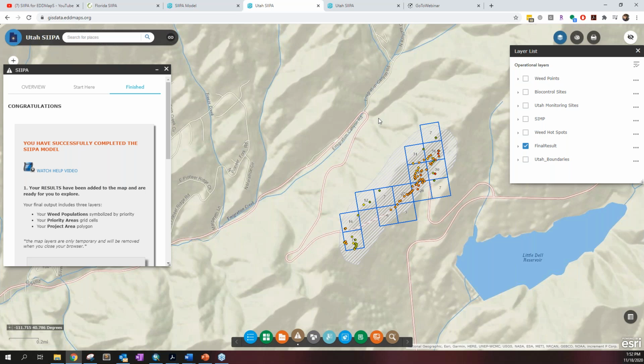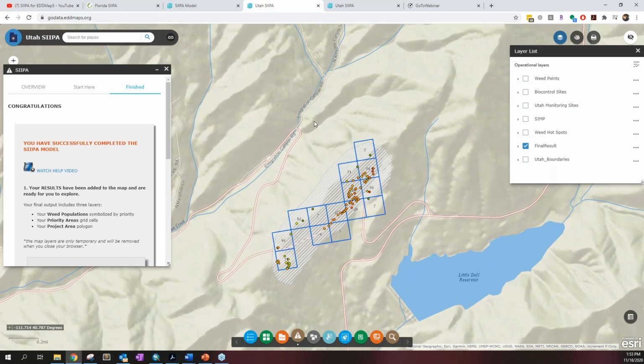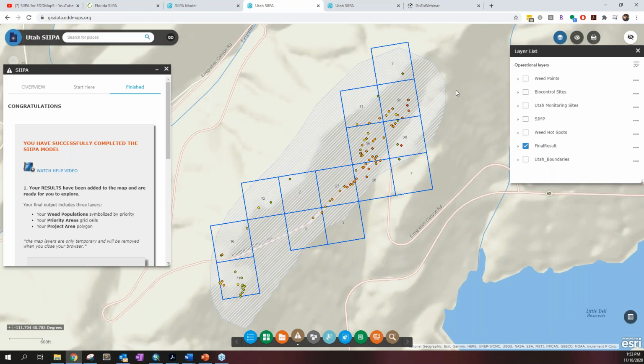Okay, so here's your final output for what we drew on the map. Go ahead and zoom in just one more. Okay, this is our project area, and then it's given it a project grid, and that's calculated so it's all evenly spaced out, and then it puts the points in there and then calculates the score based on the point value of the ranking that fell within each of the grids. And just by looking at it, you'd say, okay, there's this one right here. If there's 1 point, we already know this is number 7, and this breaks down